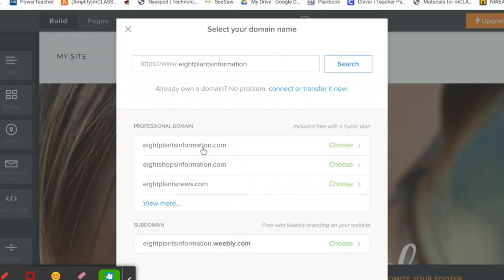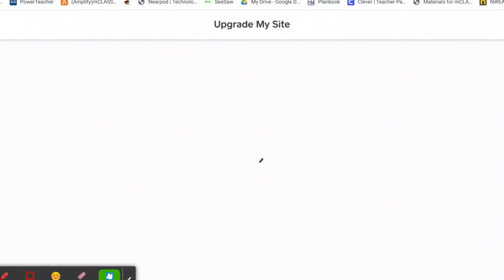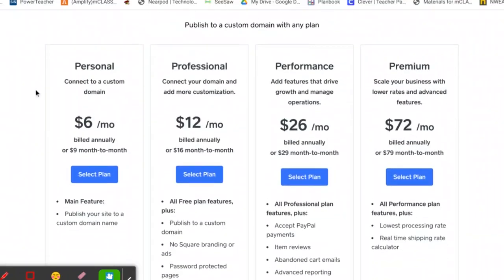So if you look here, you notice that these professional domains end in .com. Those you will have to pay for if you want to use them. So if you click on them, it'll take you to a new page where it'll ask you to pay for that domain name. But if you don't want to pay for the domain name, you can go back